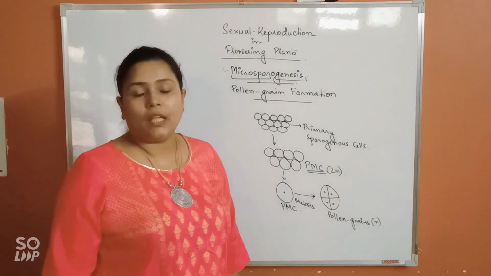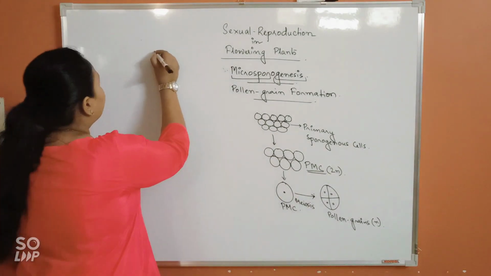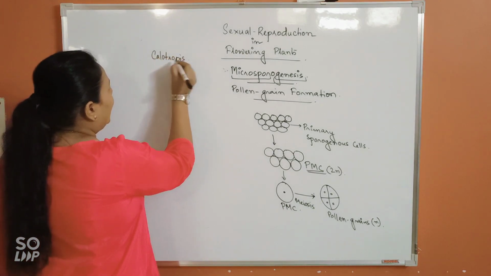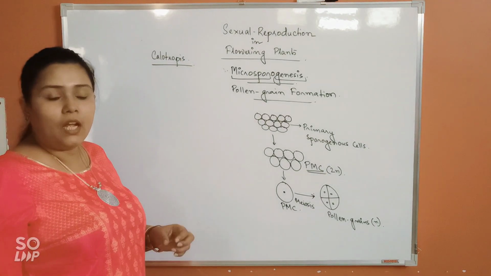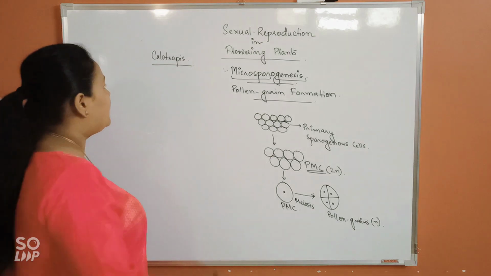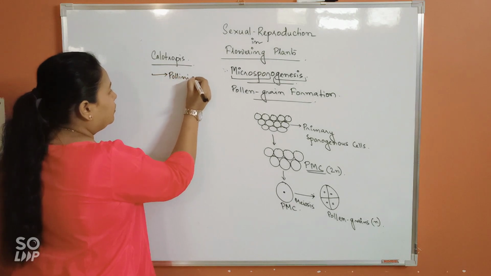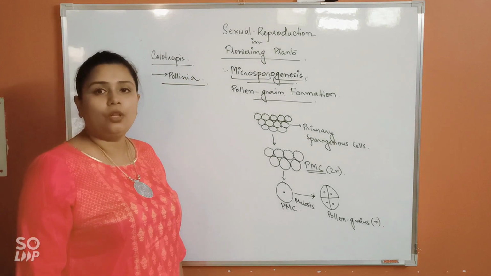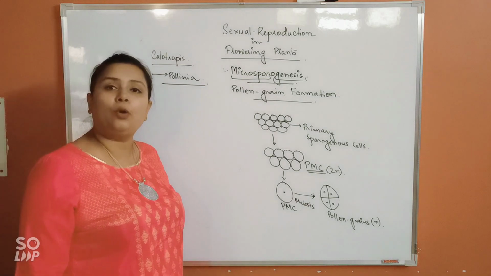Alright. Also, in certain species like Calotropis or related plants, it has been seen that all the pollen grains present will remain interconnected to one another, forming a large mass that's called pollinia. Alright, so that is related to the process of microsporogenesis. That means development of pollen grains.